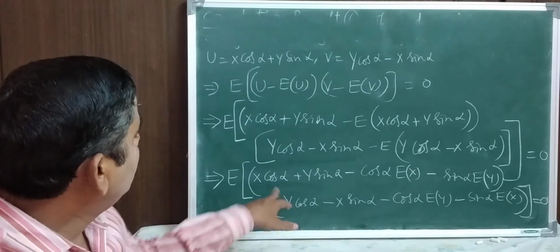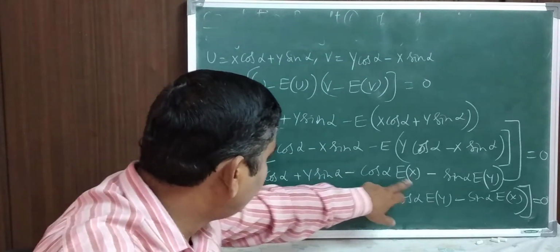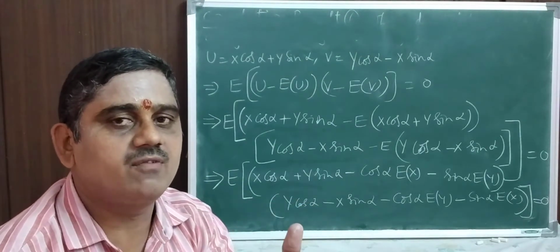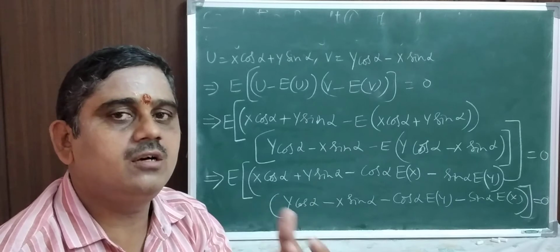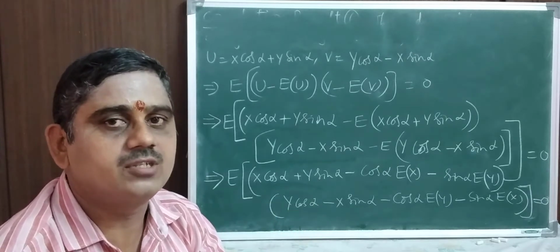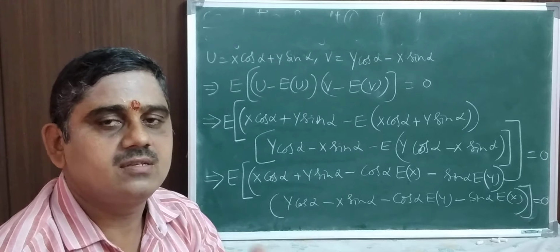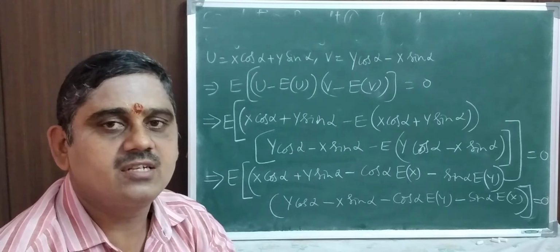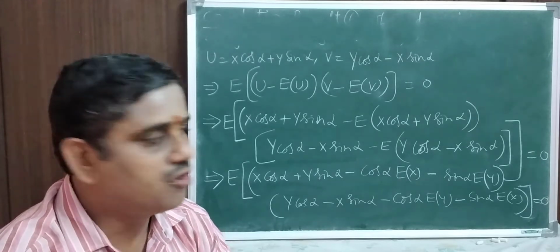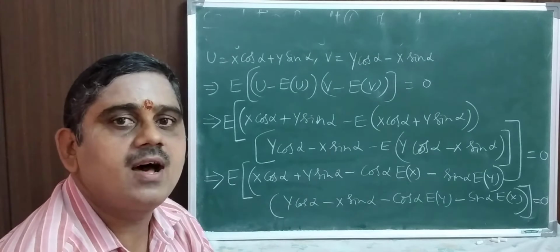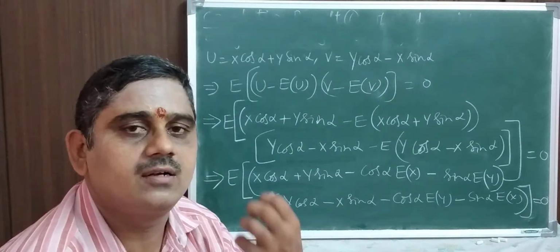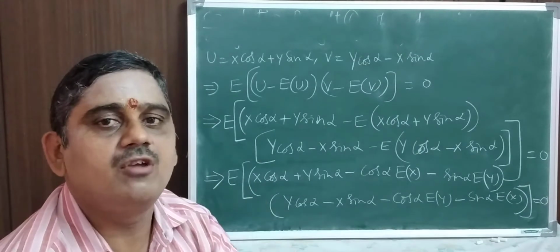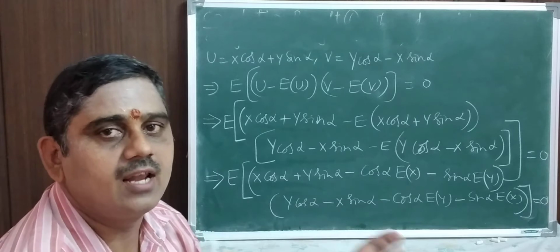You see here now x cos alpha, this is also cos alpha, the term x. You combine the terms of x and the expectation of x, so that we will have the formula. All the formulas, variances and covariance, depend on x minus expectation of x and y minus expectation of y. So it is easy to compare and substitute in the formula if you get the values of x minus expectation of x at a glance.